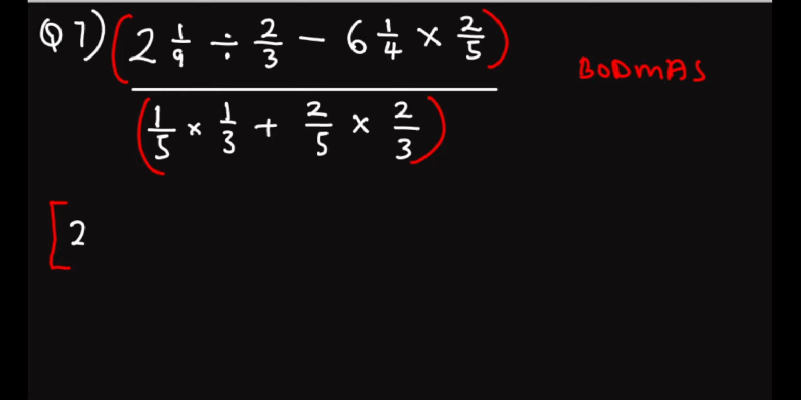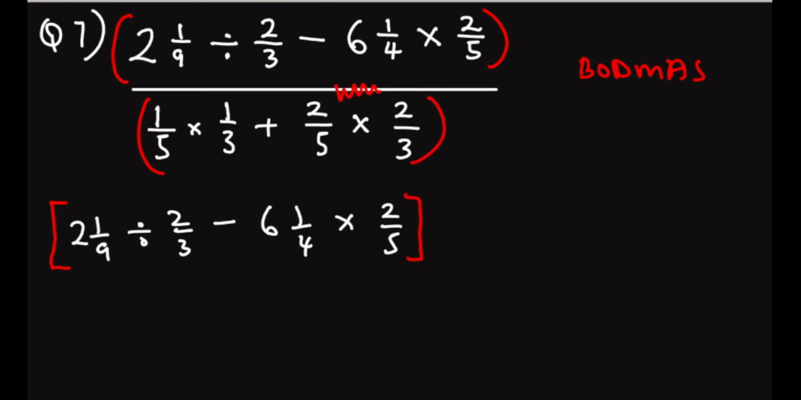2 whole number 1/9 divided by 2/3, then minus 6 whole number 1/4, then times 2/5. Now all of this divided by, and remember this line I told you, it means division. So divided by